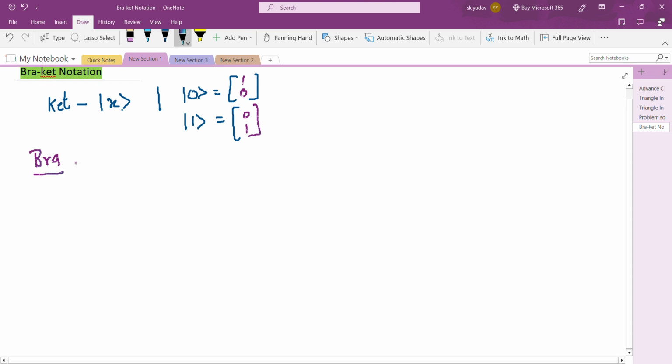In the bra notation, the symbol of the bra notation is this one. Now we will discuss the relationship between bra and cat. So what exactly is the relation that we discussed? In the last session we discussed that this one is the cat vector. I'll say this bracket and the psi is the cat vector, and